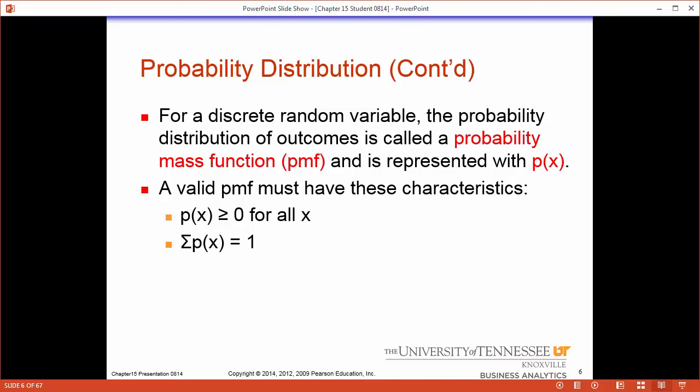If we were to add up all the discrete random events, the sum of all the probabilities of the discrete random events is equal to 1. And that basically says something must occur. We can list all the events, and one of those events must occur. That is all we're saying: the events have probabilities between 0 and 1. Add them all up. If you have every single discrete random event, one of those must occur.